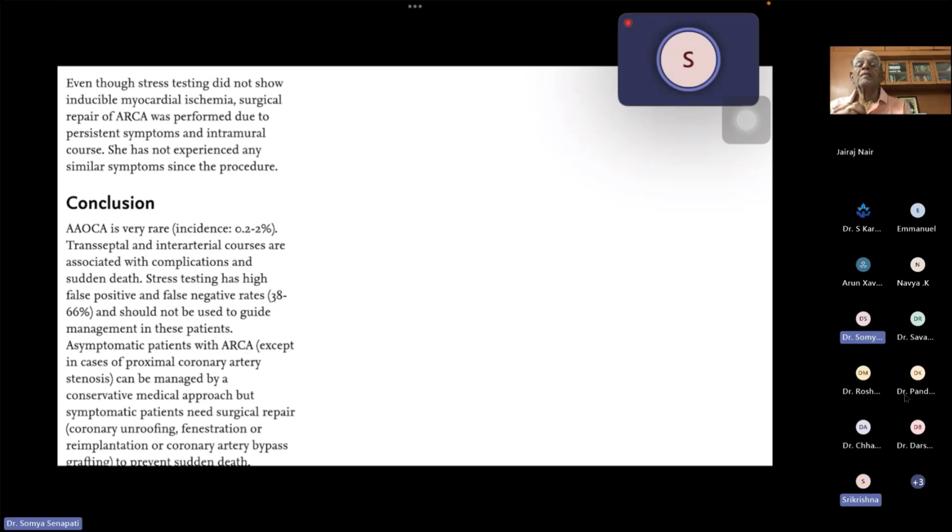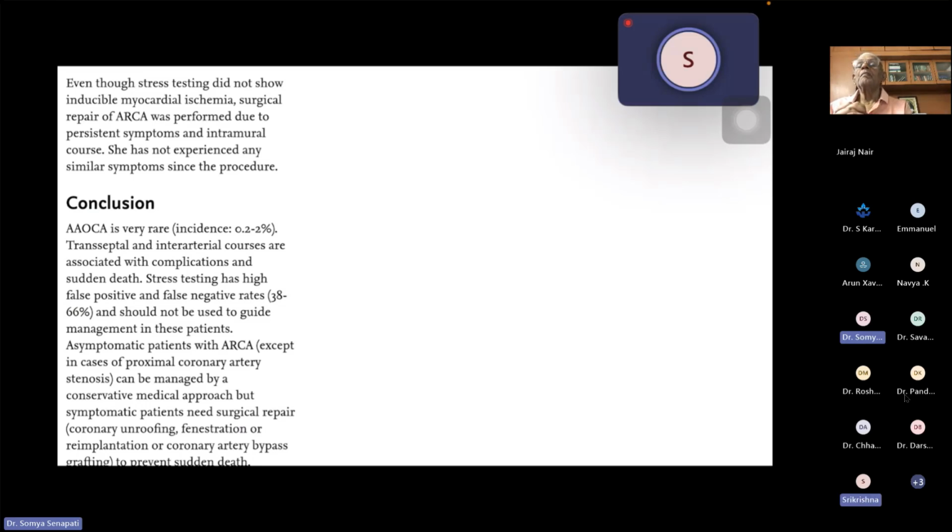Even though the stress testing did not show inducible myocardial ischemia, surgical repair of the RCA was performed due to persistent symptoms and intramural course. She did not experience any kind of symptom before that. So what we conclude in this is that